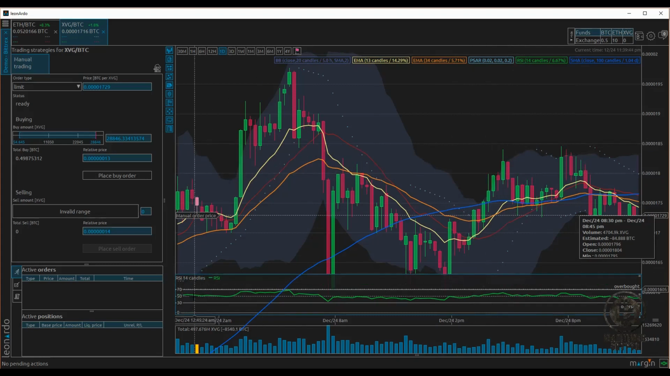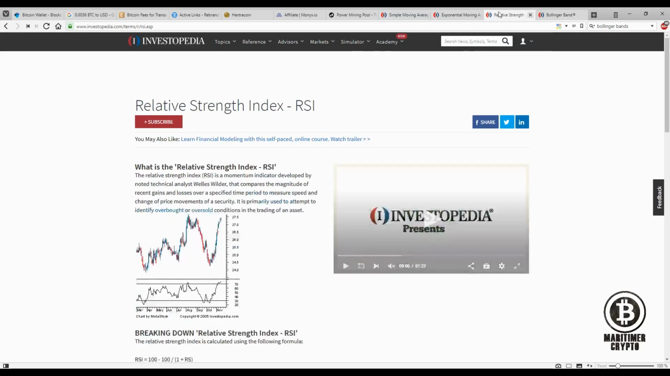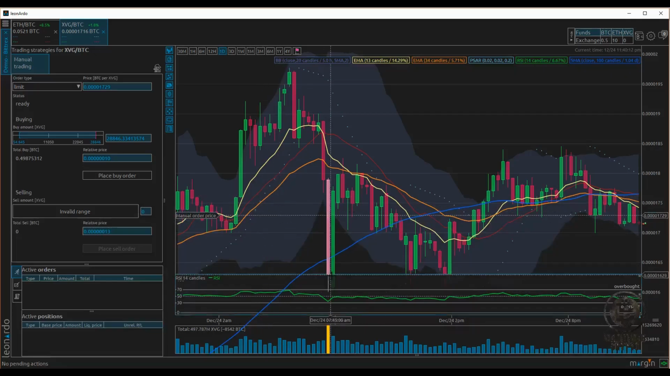Now the other indicator that I use as well is the RSI. The RSI, according to Investopedia, means relative strength index, and is a momentum indicator, developed by this individual. It basically compares the magnitude of recent gains and losses over a specified time period to measure the speed and change of price movements. So this is a good indicator to tell when it's a good time to buy